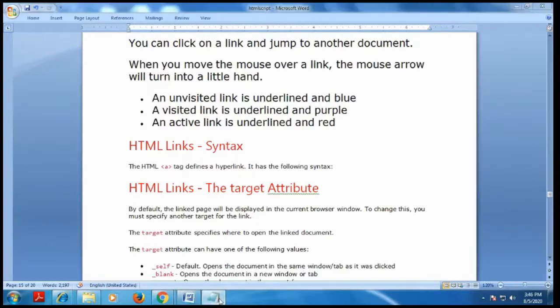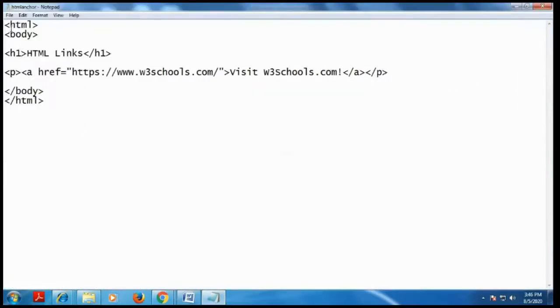For example, you see here, HTML. You already know, you start with the HTML and body tag. I have to put an H1 tag here, that is heading 1 tag. For HTML links, I use a paragraph tag, that is the P tag. I have to insert A, meaning the anchor tag. href is one of the attributes. It contains which document you have to link. Here I have to link the web page of http